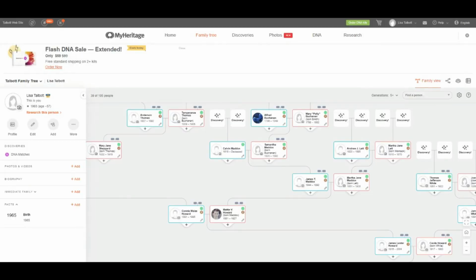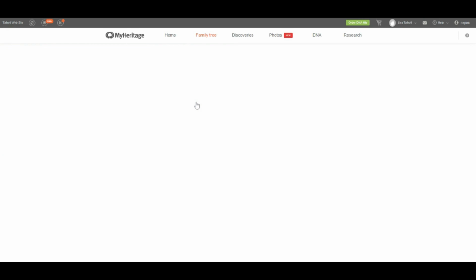Now, timelines is another fantastic tool. It is brand new over at MyHeritage, and I am loving it because, if you have followed me for any length of time, I love a good timeline. Lastly, let's take a nice look at the brand new feature of the timelines over at MyHeritage. Again, hovering over that family tree tab, we can see timeline here in the drop down. It is a brand new feature. We click on timeline,